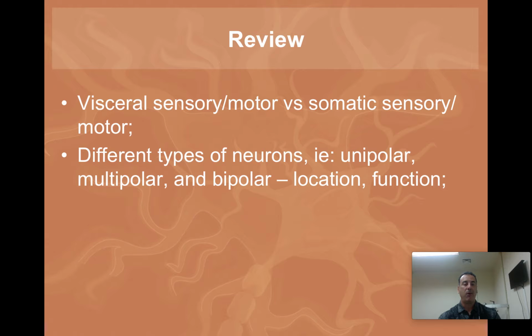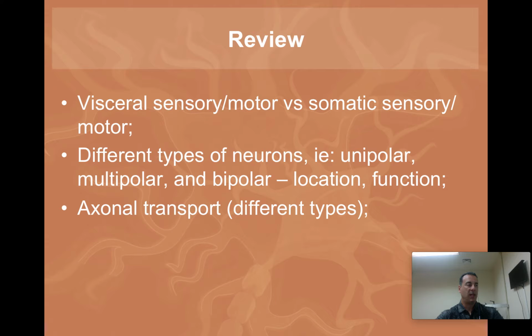We have a bipolar. Where are you going to find bipolar? What about the eyes? Check out the eyes and see what kind of receptors you have in your eyes. Unipolar, right? And most of our ganglia, most of our sensory ganglions next to your spinal cord, have that one little cell body, and out comes one process, and then out it goes, unipolar information. So be familiar with unipolar, multipolar, bipolar, and location of function. Also be familiar with